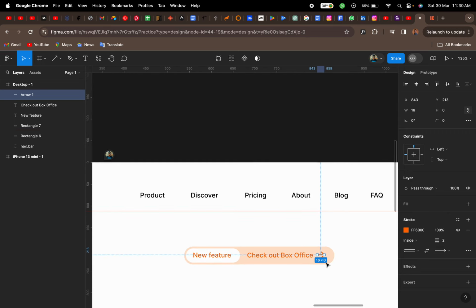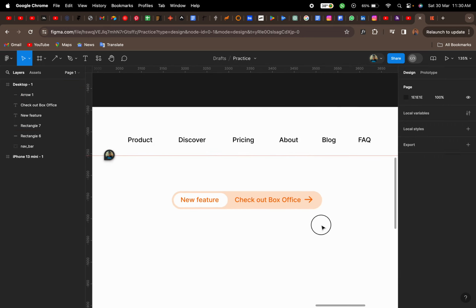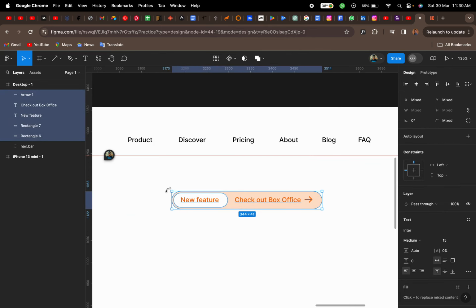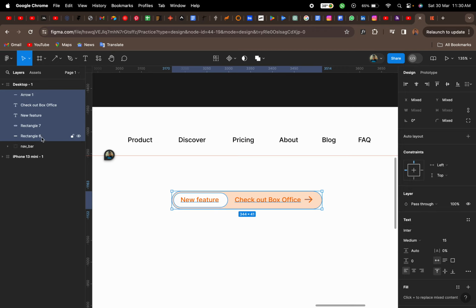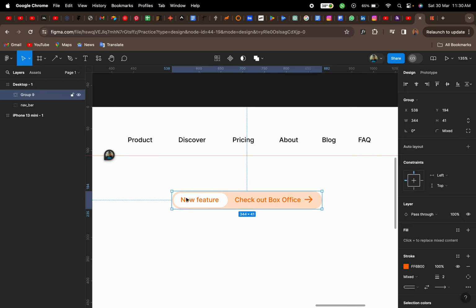All right, so we have that. Perfect. Now we highlight all of this and you group it together. Now the reason why we keep grouping is because the more we are creating layers, right? Let me just press Ctrl Z. You notice the layers are becoming too plenty and they might be a little bit scattered, so you just keep grouping things so that they look really